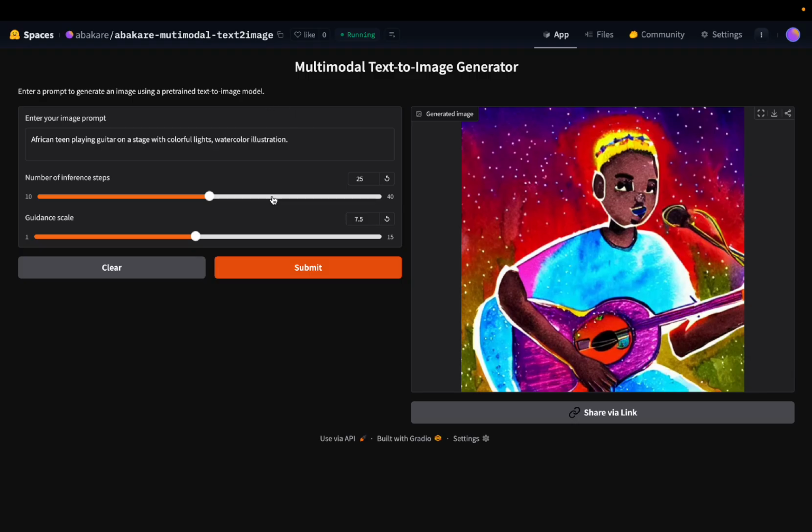Now you are looking at my deployed application on Hugging Face Spaces. As you can see, the space is public and running, which means anyone can open the app and use the text-to-image generator. So this is the space title. There's a running status,